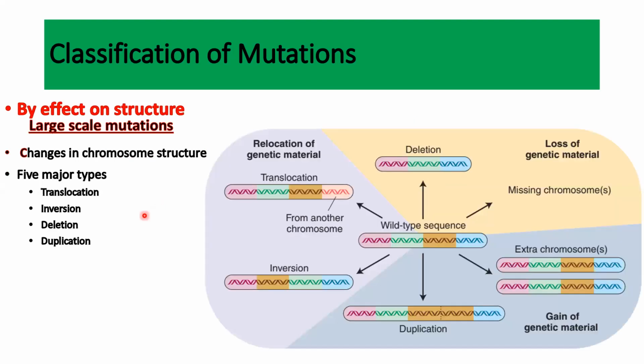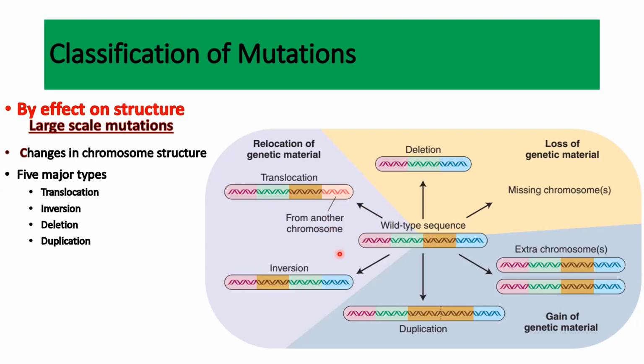There are several different subtypes of chromosomal mutations or chromosomal changes, which can be translocations, inversions, deletions, duplications. Here in this figure, we can see a chromosome and a wild type sequence, I mean the normal sequence. It could undergo translocation, which means relocation of a chromosomal part from one position to another position. For example, this one, you see here it is blue and now it is a red one.